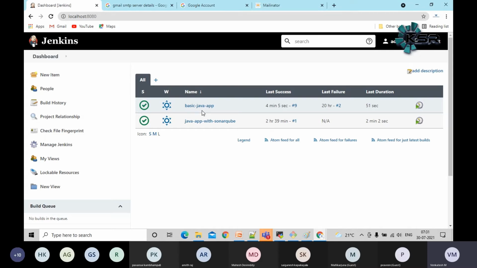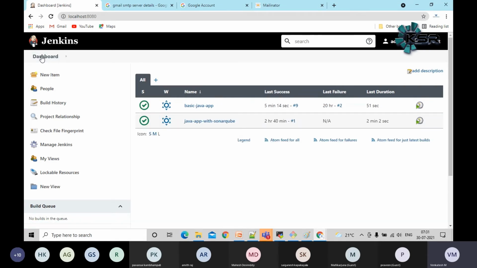We need to integrate it. If you Google it, you will understand what a pipeline is, guys. Today I am going to cover it in a very, very brief manner, not at a high level. After the completion of our workshop, I'm going to cover more on pipeline as code also, guys. Now, to do that, we need to install a set of plugins.